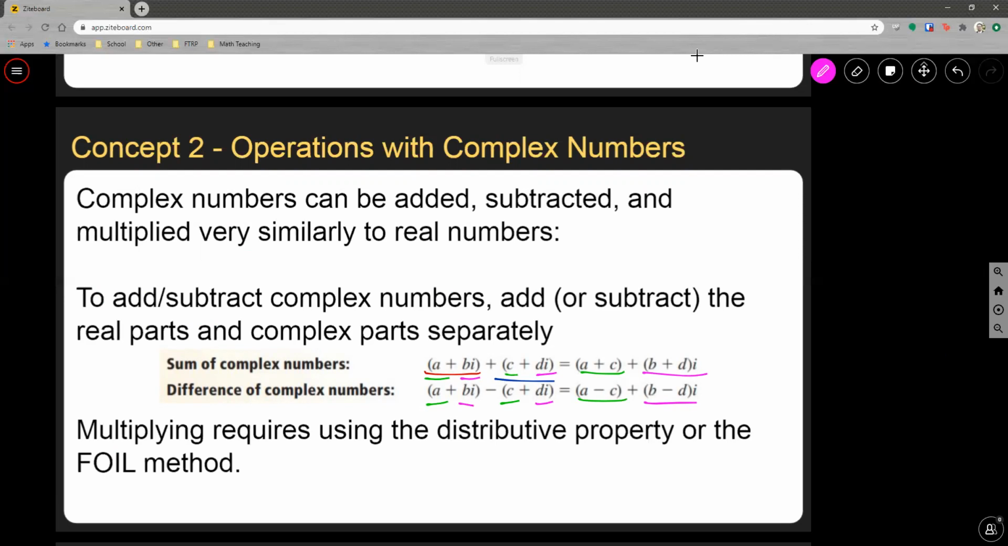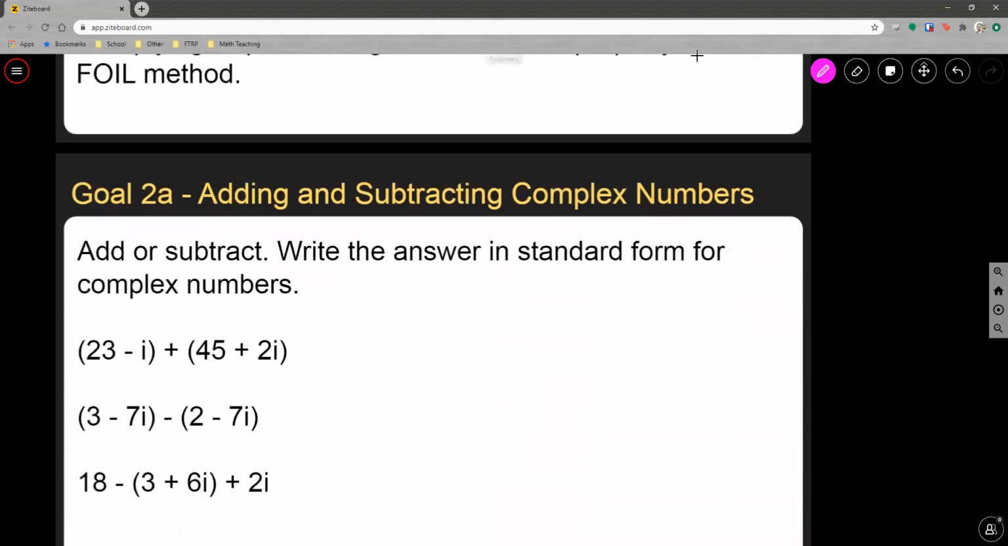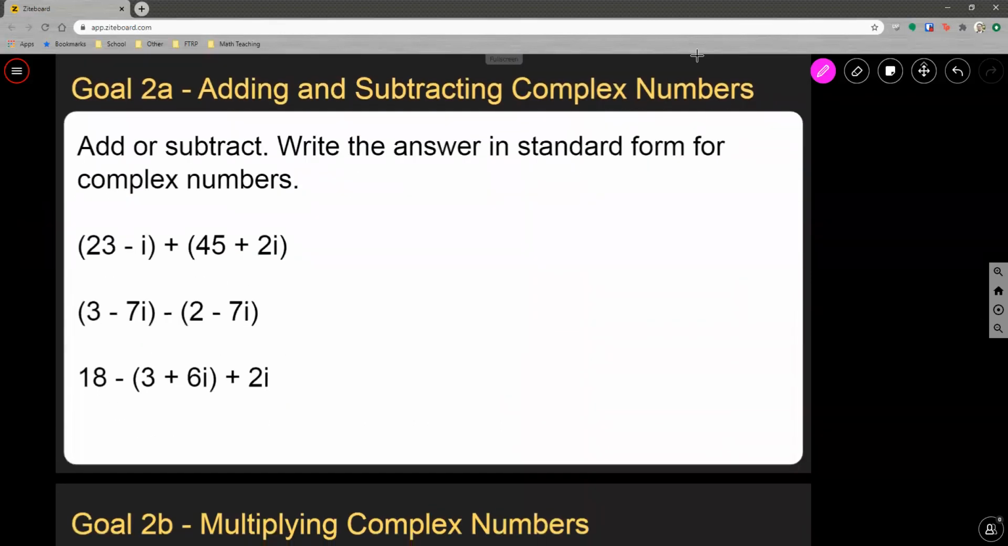Multiplying, because all complex numbers are expressed as a binomial, you're going to either be using the distributive property or the FOIL method to multiply. And we'll talk about those in a slide or two. All right, so let's do some addition and subtraction with complex numbers. This is very fast once you get the hang of it. And you're just writing the answer in the standard form for complex numbers, which remember is